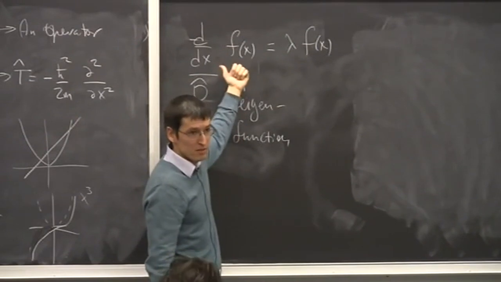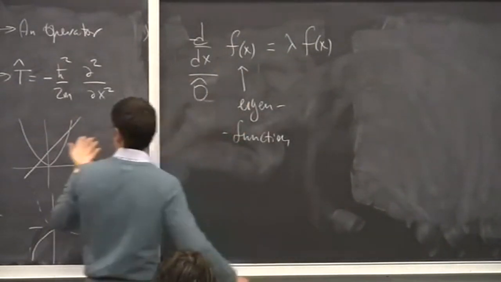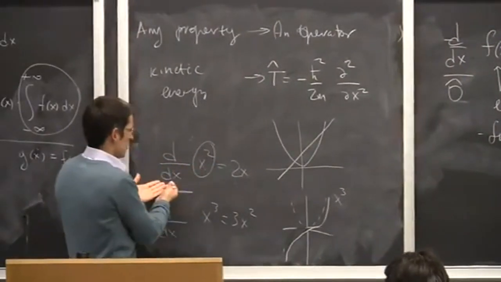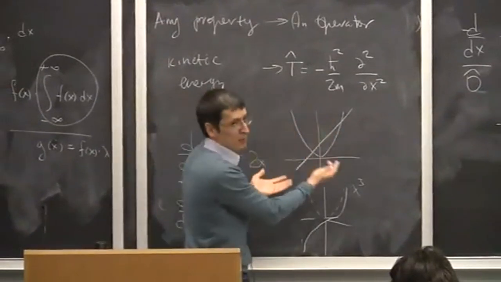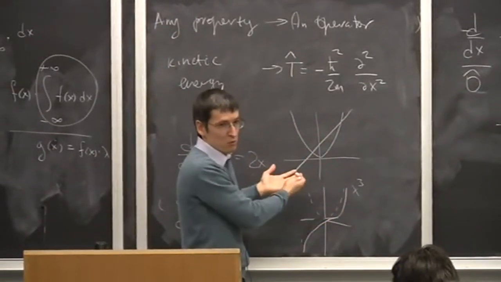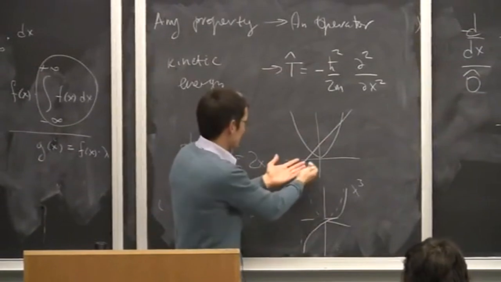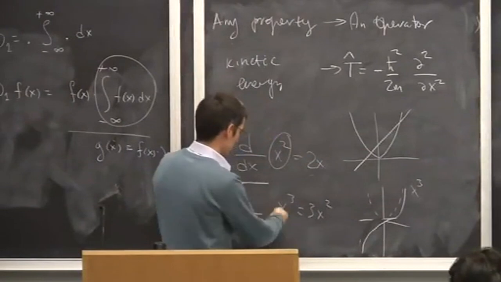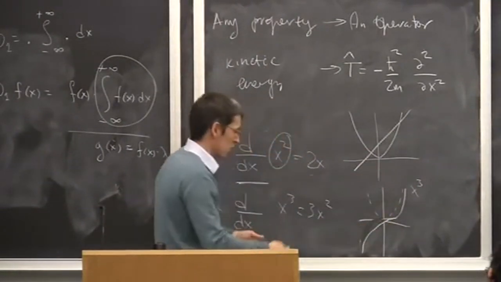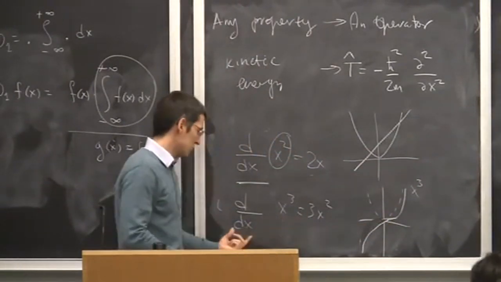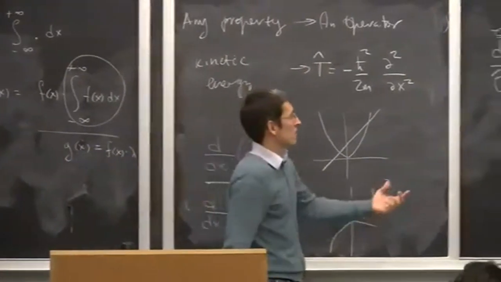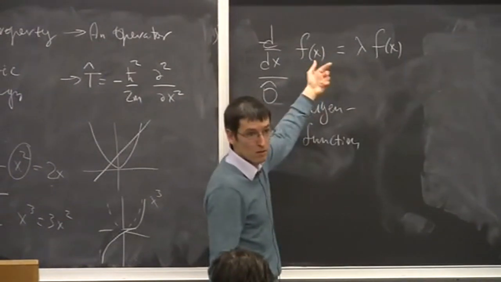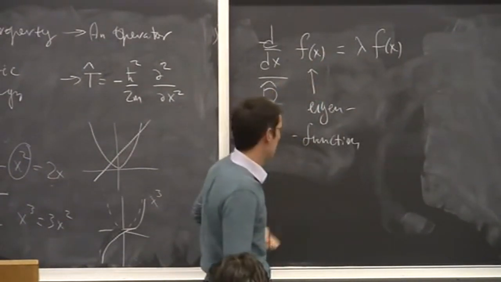This is surprising because we just saw that for a random function x squared, d over dx will change its shape completely. Its own mother will not recognize it anymore, right? So from parabola, straight line; from the hyperbola, you get the parabola. So there are lots of changes going on just because of the differentiation. Now these special functions, eigenfunctions, are not changed at all. That's why they are so special, right?